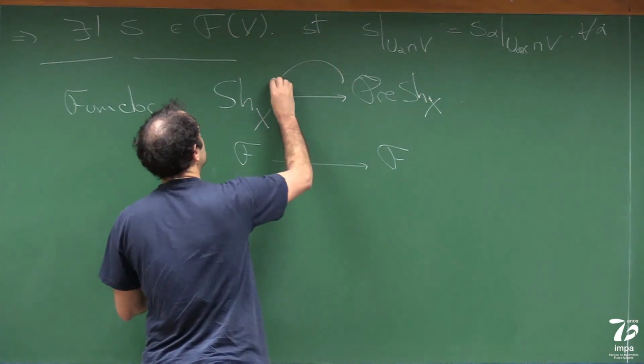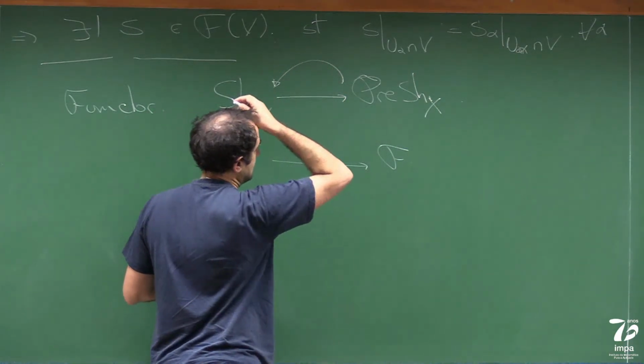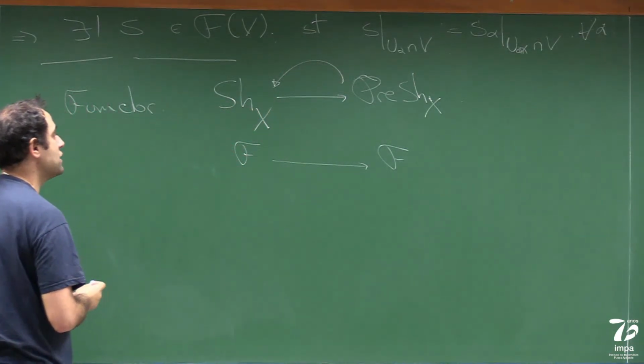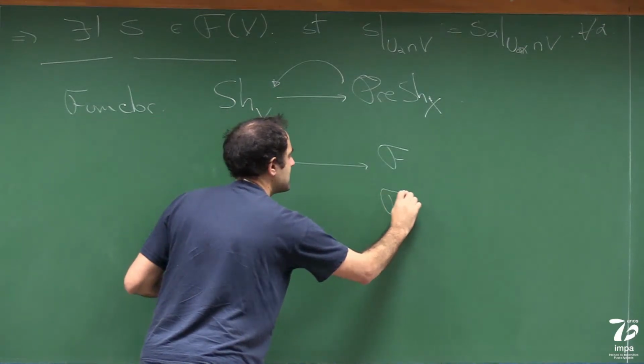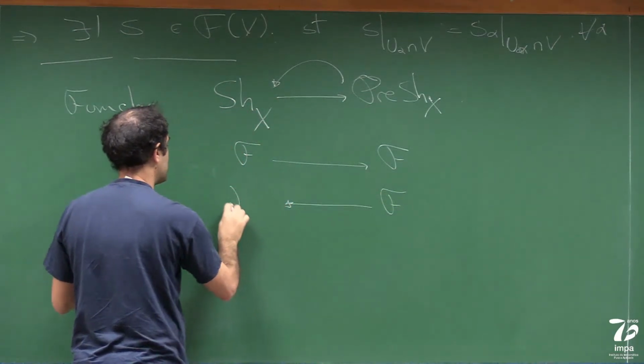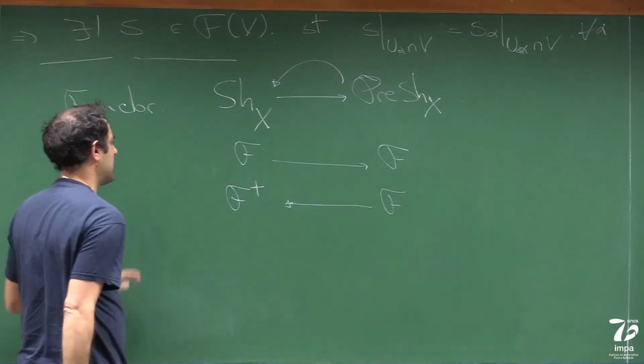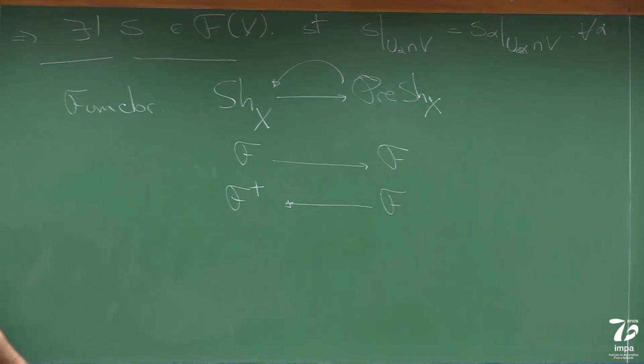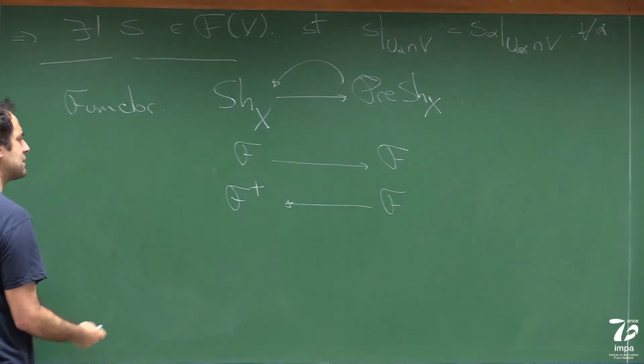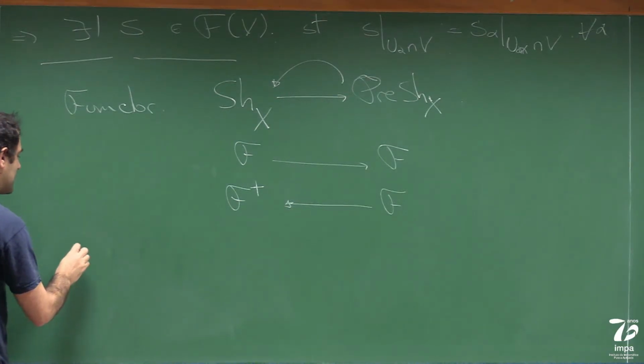It has a left adjoint, which is the sheafification. It takes a presheaf and gives you a sheaf. I think that's Hartshorne's notation, or probably some people like to write a tilde. I'm not going to write how to construct this because we're not going to need it, but this is a left adjoint in the sense that